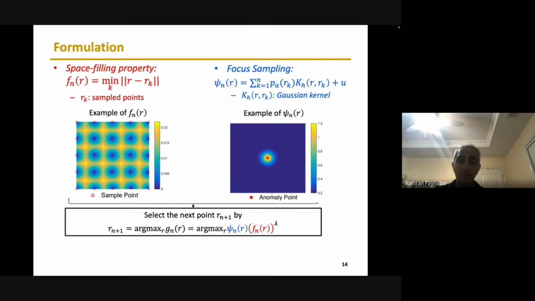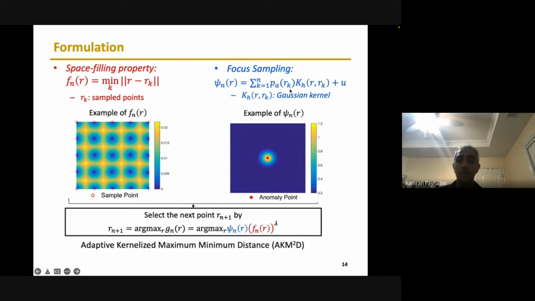So the sampling criterion now is trying to ensure both exploration and exploitation by maximizing this function at each step. So at each step, we say the location of the next sample is, for example, the one from the potential locations which maximizes this function. Okay, and that function is exploration and exploitation. All right. And we call this adaptive kernel maximum minimum distance. The max min distance is basically this part, which is space filling design, and adaptive kernel is this part.